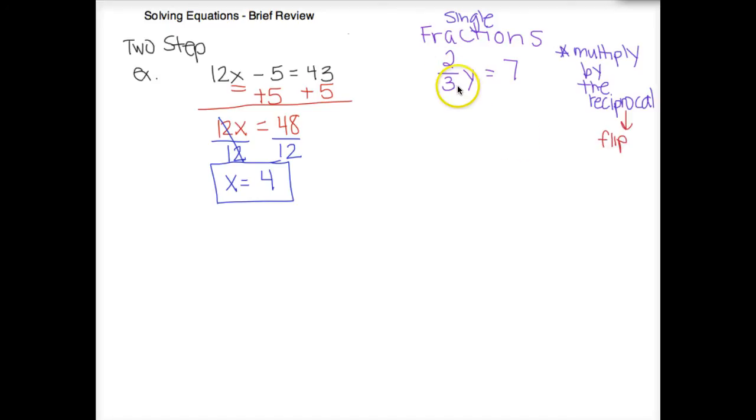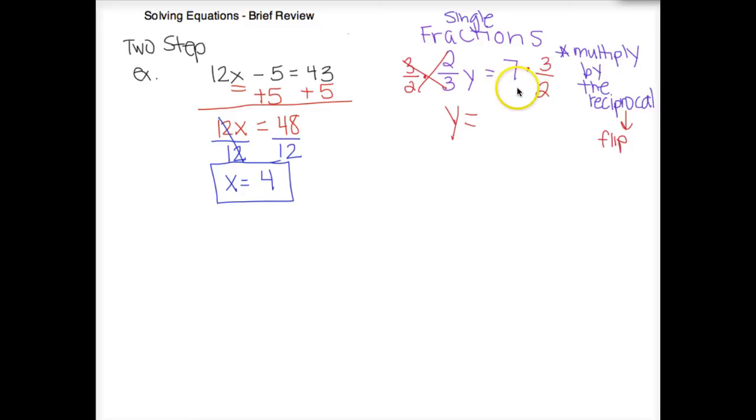So the reciprocal of 2/3 is 3/2. So to solve here, I'm going to multiply both sides by 3/2. When I do that, these cancel. My variable y in this case is alone. Over on the right-hand side, another very important basic math thing that you need to know back from elementary school